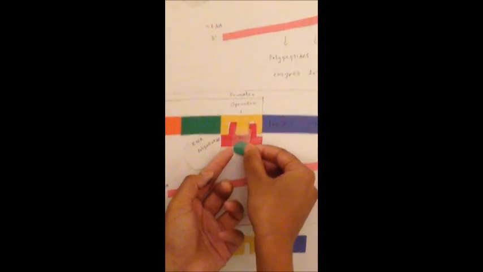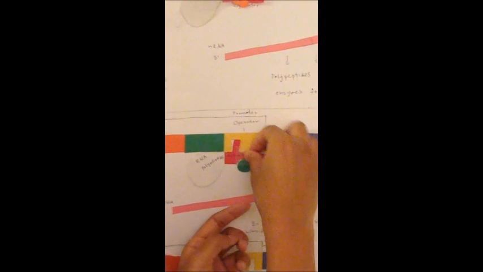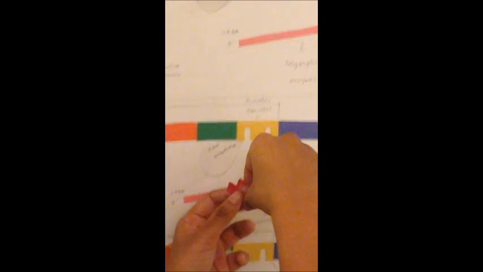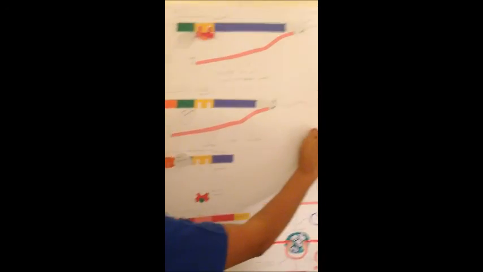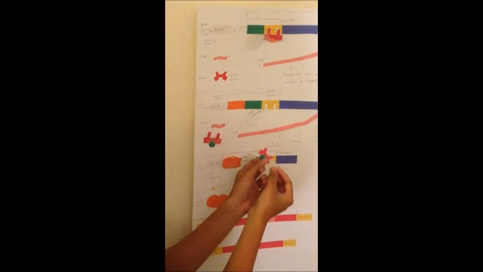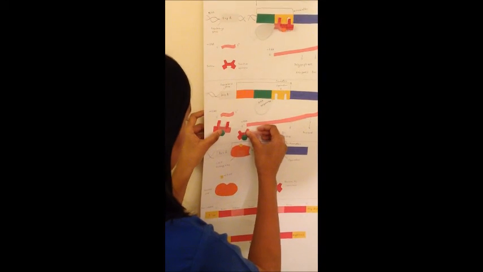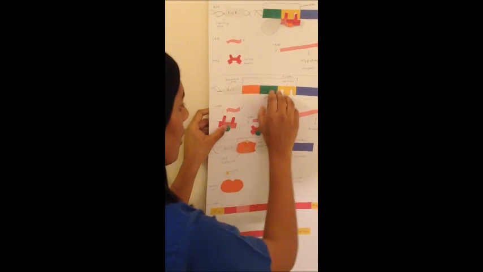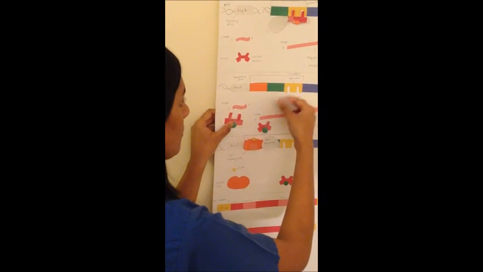So how this operon is turned on is basically allolactose or lactose acts as an inducer and binds to the active repressor. And when it binds to the active repressor, it causes this active repressor to come off of the operator. So it comes off, and it changes it because this is an allosteric repressor protein. So it changes it from its active form to its inactive form. So now it's in its inactive form. So now the RNA polymerase can bind to the promoter,